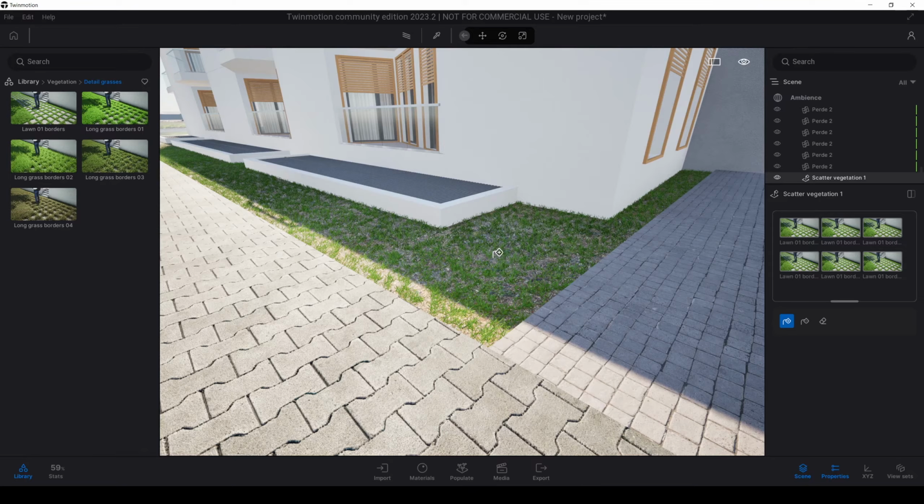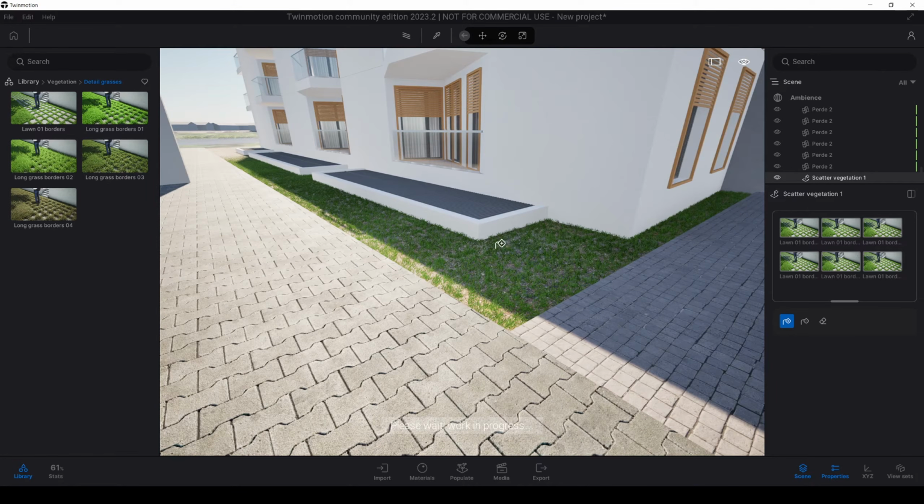Do not hesitate too much. As you can see, it's already creating our grass. If you add too many, your computer may slow down. To avoid that, we will click carefully. Alright, once we have created, we will go back to our scene